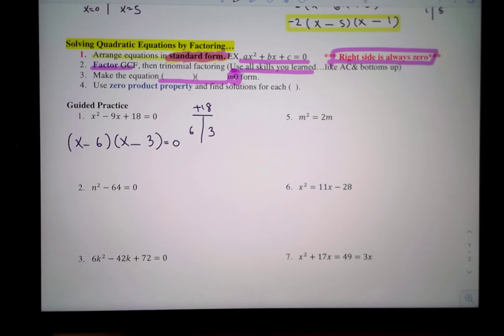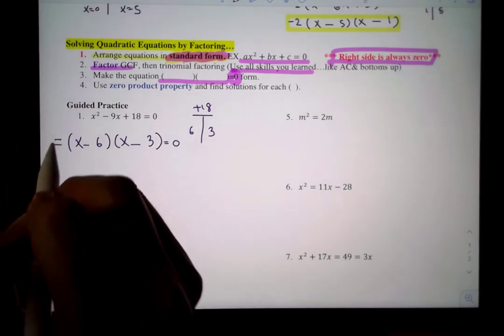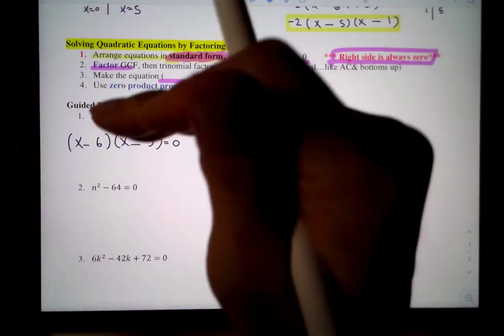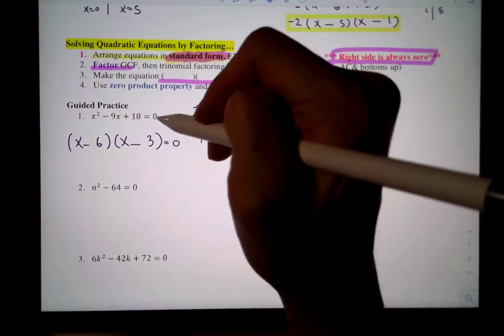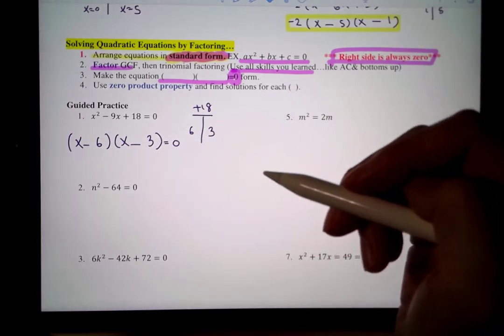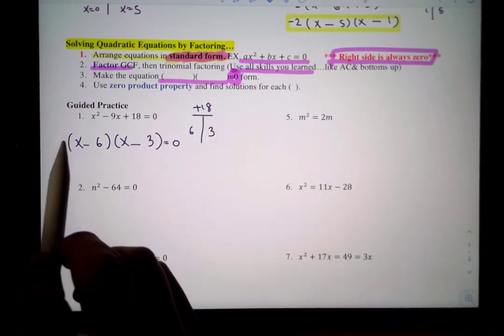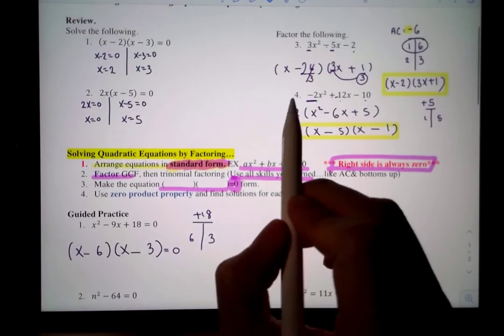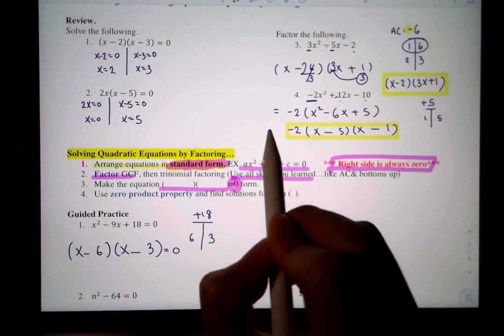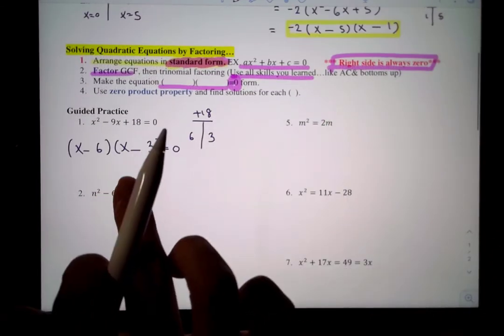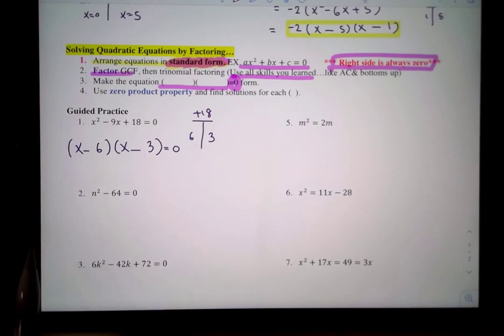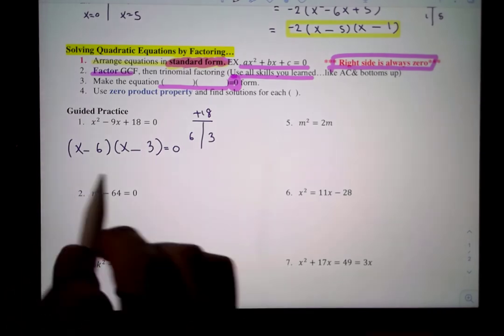So important thing, guys, we do not put equal sign here, okay? We don't do that. So when you solve the equation, you just keep writing it. So you have this line and you have this line, like that. You just keep moving down, but you don't put equal sign here. When we do the factoring, we can do that. This is equal to this, this is equal to this. But for the equation, you already have equal sign here, so we do not put an additional equal sign in front of the equation. All right, so we have